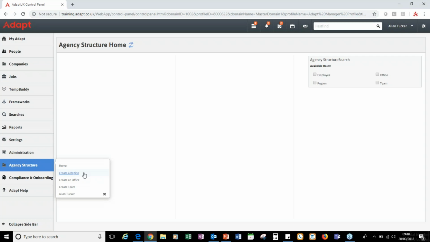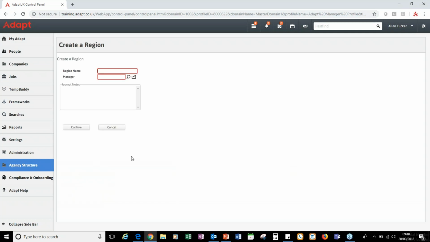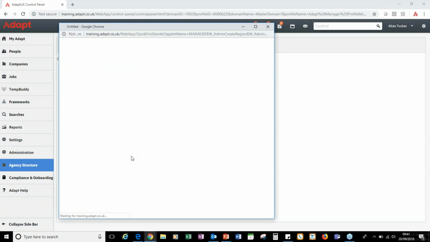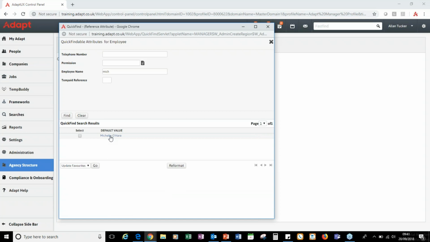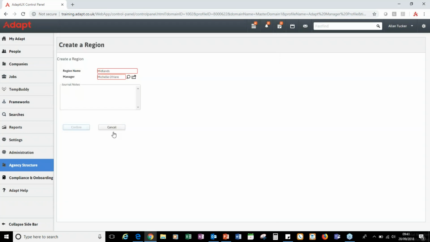So let's run through an example of that. We may be a business that have different regions across the UK. I'm going to use Midlands as my region here, and then I can select the manager from a list. Once I click confirm, that then creates that region